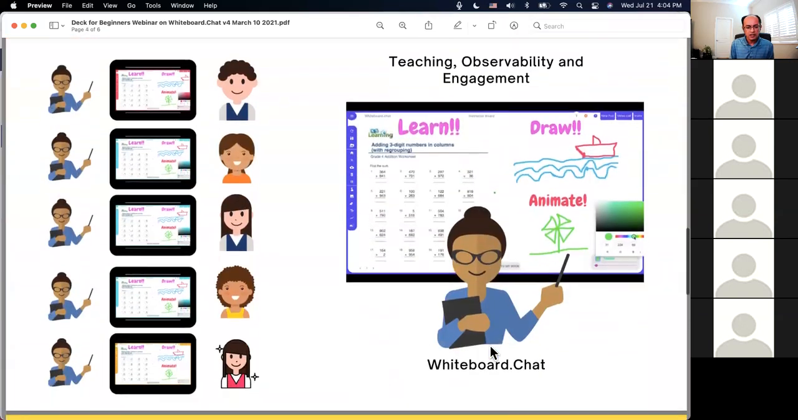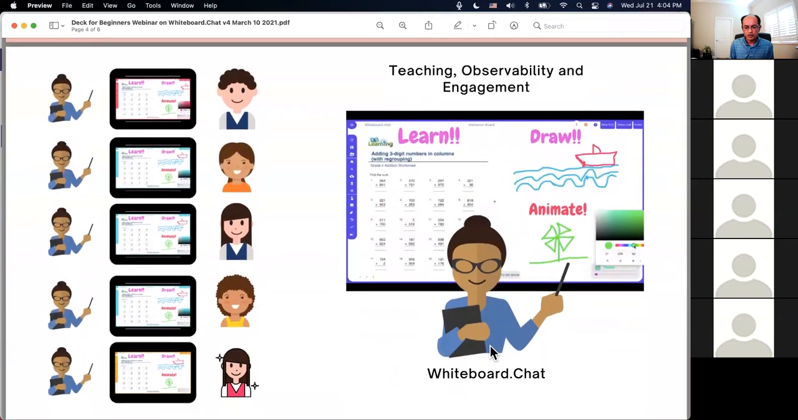So this one slide shows you exactly what Whiteboard.chat is doing to contribute to the teacher and student experience, and how the teacher can set up content and share it with students. So a teacher sets up a board, prepares assignments, prepares activities, and then shares it with students. The students get their own version of the boards. They can work on